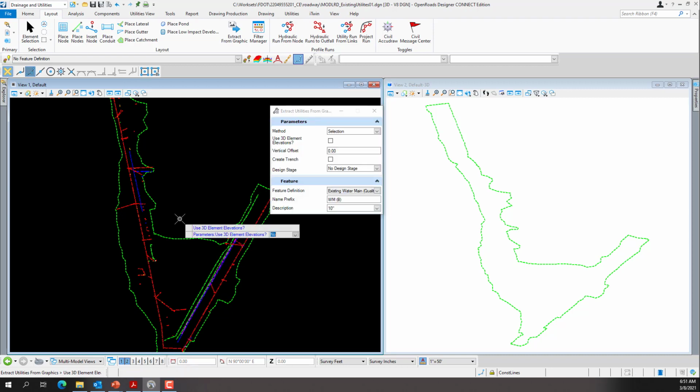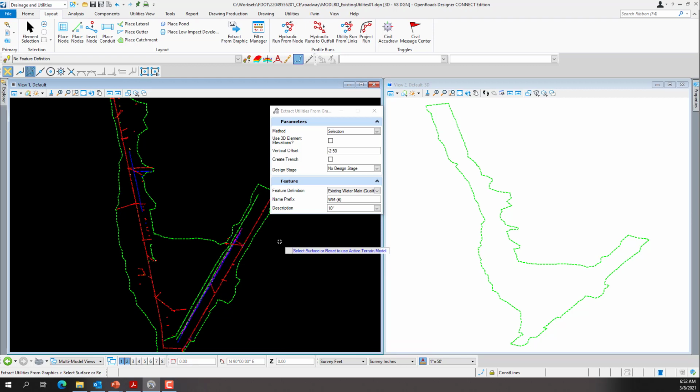So I'll right-click. And now this is where the 3D element comes into play, which we won't be using for this exercise. But we could toggle this on. We don't have to put a vertical offset in here. So I'll show you two different ways to do it. So we're going to do a vertical offset for water lines of 2'6". So we'll go minus 2.5, which will give us 30 inches. We're not going to use the 3D elements at this time. We will in a later exercise for drainage. So we'll just left click and data point through.